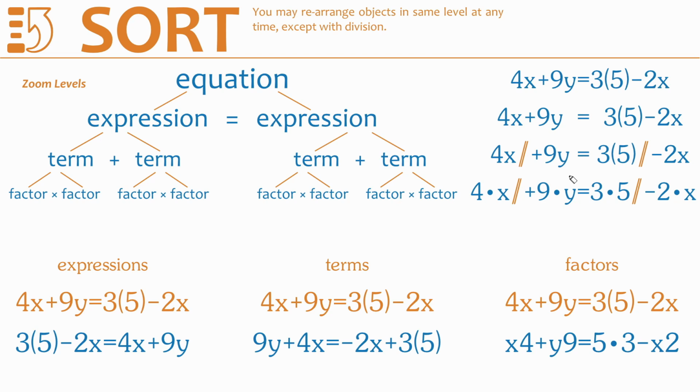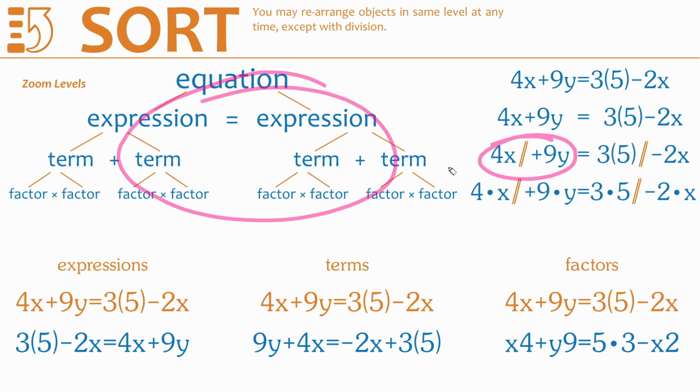Those things have to stay together as packages, and then the whole thing gets rearranged. The entire 4x gets moved from first to last, and the entire 9y gets moved from last to first. So zoom levels itself and being able to separate terms, that is probably the biggest key with sorting,